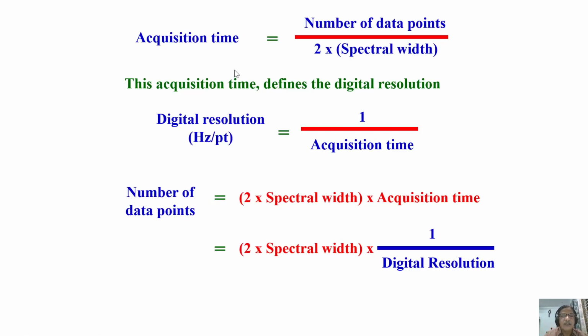See, NMR data, when it is collected in the time domain, it is digitized. After Fourier transformation, you will see the frequency domain is also digitized. When you are digitizing the time domain data, how many times do you have to digitize? Let us say there is a free induction decay. Let me tell you, here I have a peak. I have to start collecting the signal at different points like this. I will digitize and I collect. And the